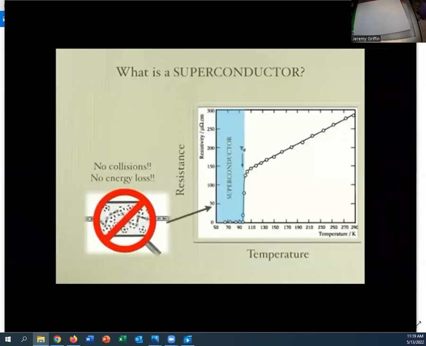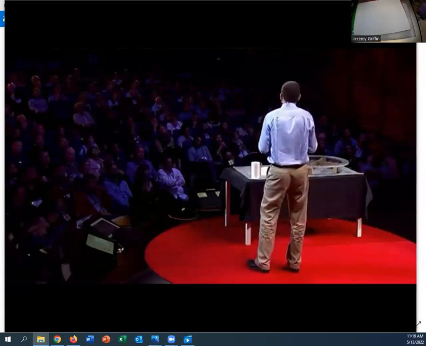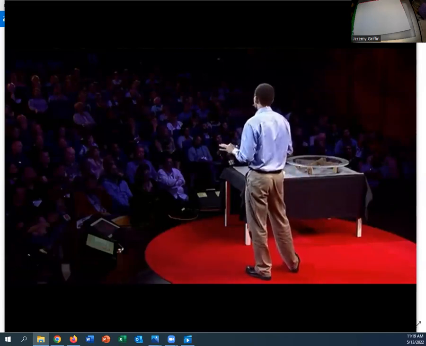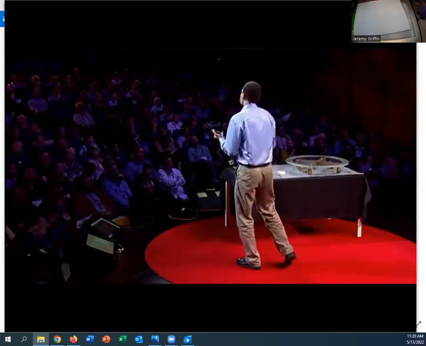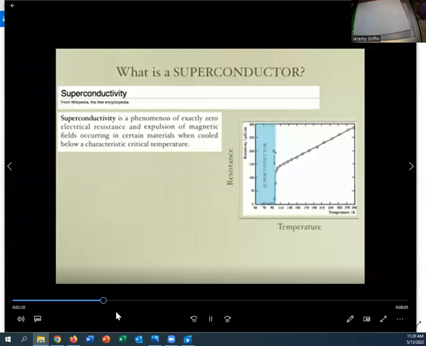However, inside a superconductor, there are no collisions. So there is no energy dissipation. It's quite remarkable. Think about it. In classical physics, there is always some friction, some energy loss, but not here, because it is a quantum effect. But that's not all, because superconductors don't like magnetic fields. So a superconductor will try to expel magnetic fields from